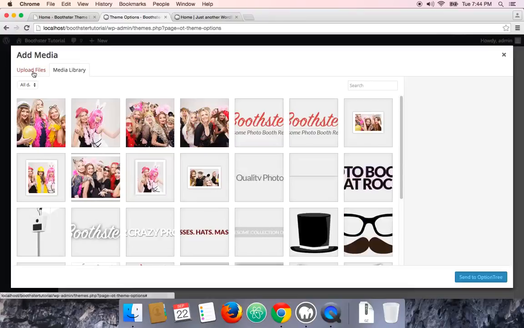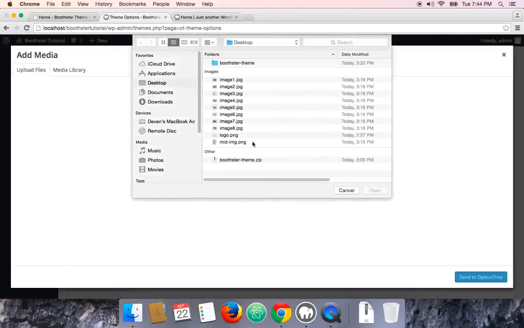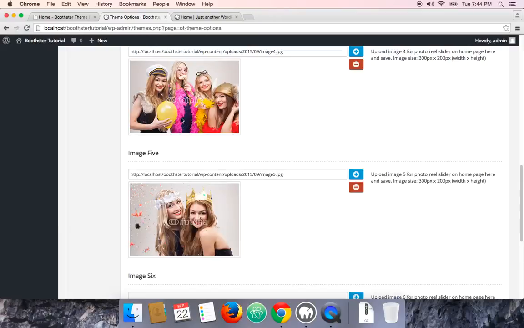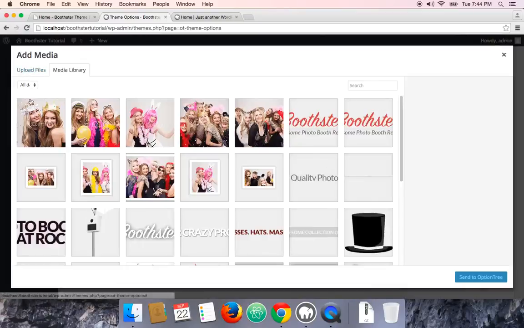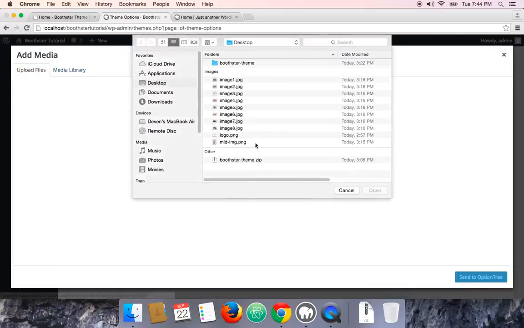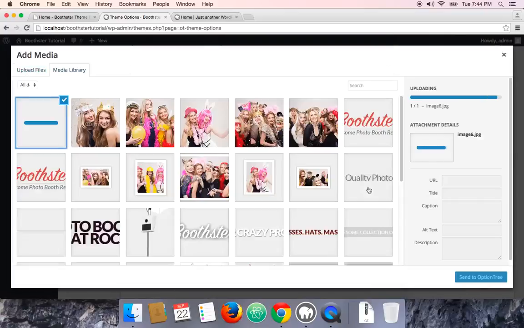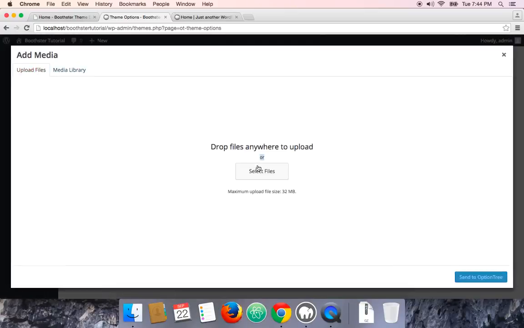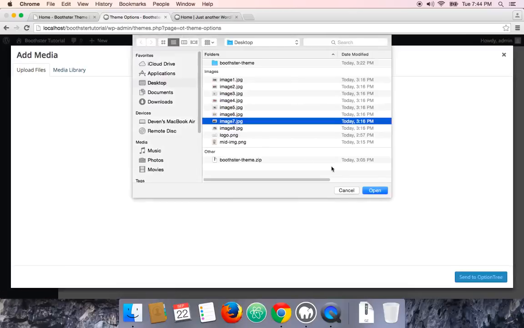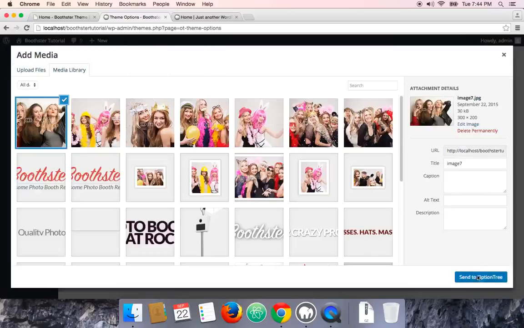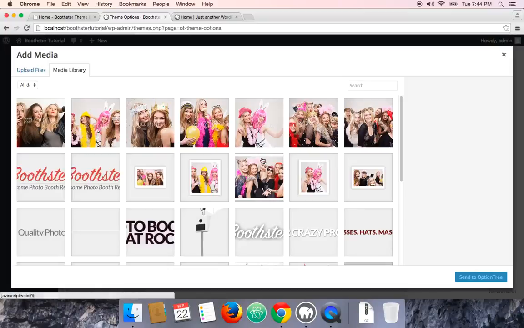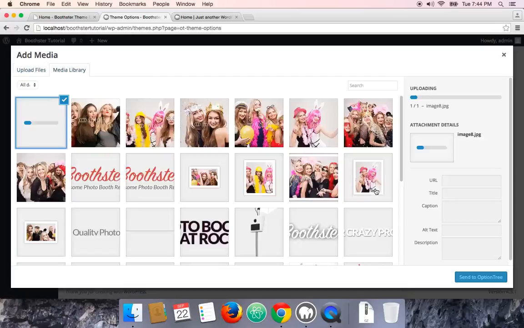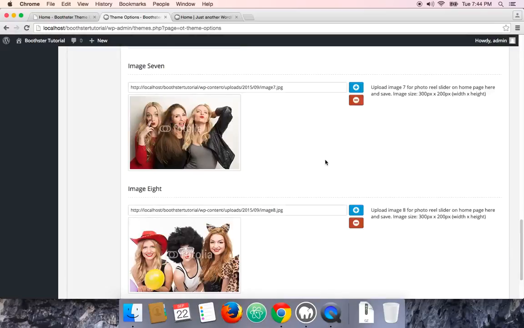Image 5. Image 6. Image 7. And the last one is image 8. Alright, so we are done with it now.